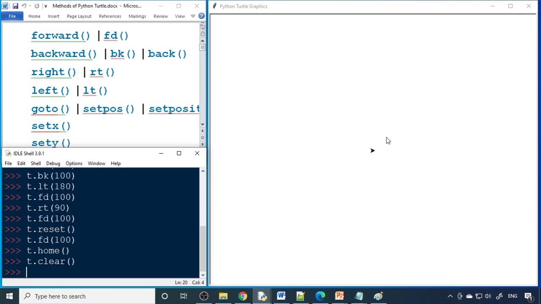Now let us understand goto. I want to draw a 100 by 100 box. First it should move 100 in the x direction. We can say t.goto with x as 100 and y as 0, because we are not moving up, we are only moving in this direction. You can see that the cursor moves in this direction. Now we need to go up, so x is 100 and y is 100. You don't need to turn now. With the goto command, the turtle direction is not important here.